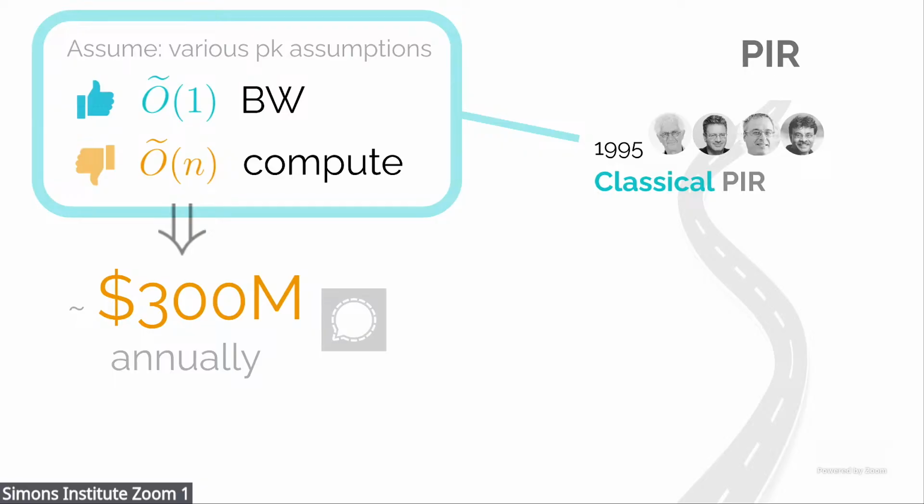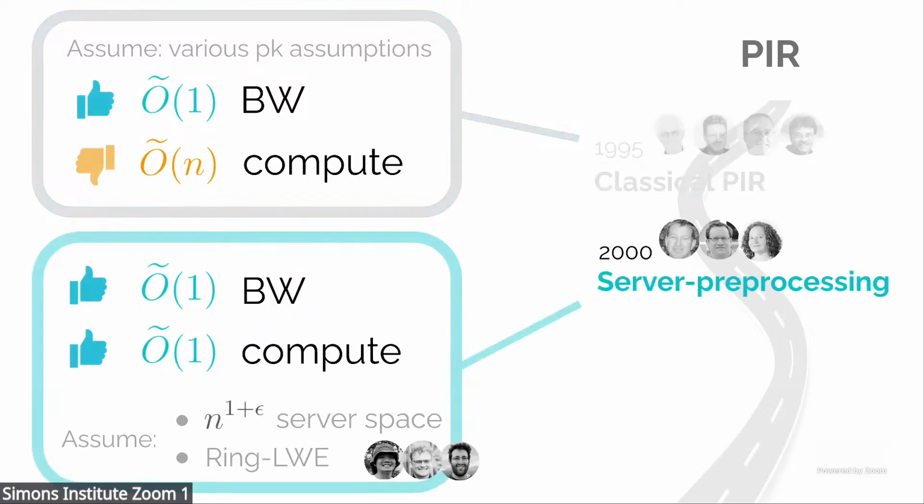Like for Signal, we got a synthetic database from them. It's like 100 million to 200 million users. In their blog, they say they're aiming for 1 billion users. So for them, this linear cost is just really going to hit. So therefore, in order to overcome this linear barrier,